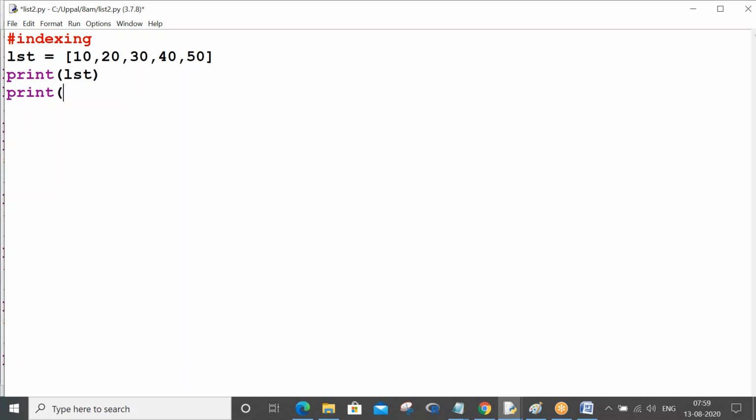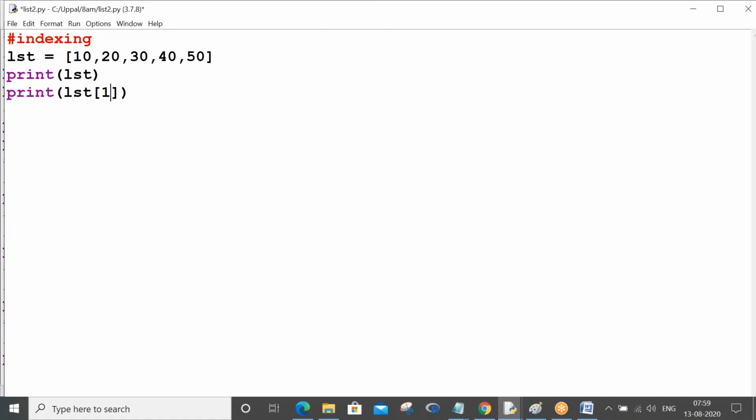Please give me in the chat, I want only 20. This is indexing. What should I write in the print, LST of what? Please give me in the chat. LST of 1. Very good.